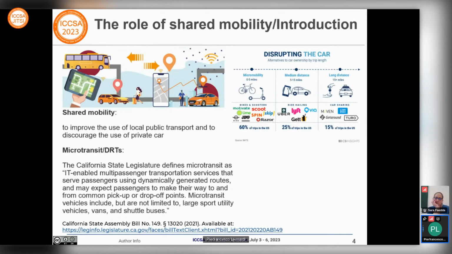Shared mobility services allow us to favor the use of local public transport and to discourage the use of private cars. These on-demand services differ from traditional ones due to their integration with the digital platform, which is essential to use this kind of service. The platform is useful to the user to provide clear information about the service, giving a better quality perception,